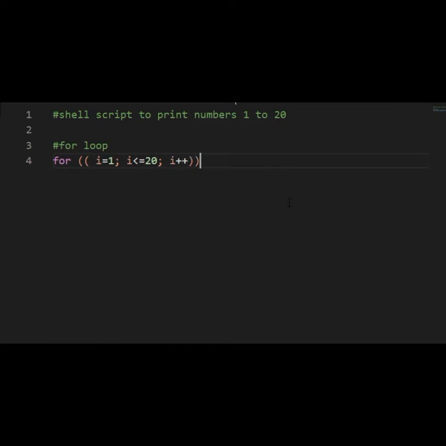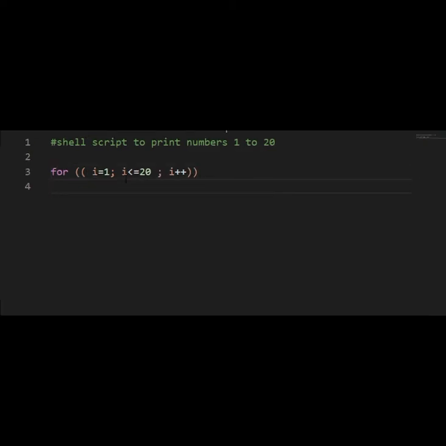So with this loop, normally in most of the languages, for loop is enclosed within two flat brackets. In shell script, for loop is enclosed with the keyword do and done. Any statements that is going to get satisfied with the for loop condition, then we are going to do some task.